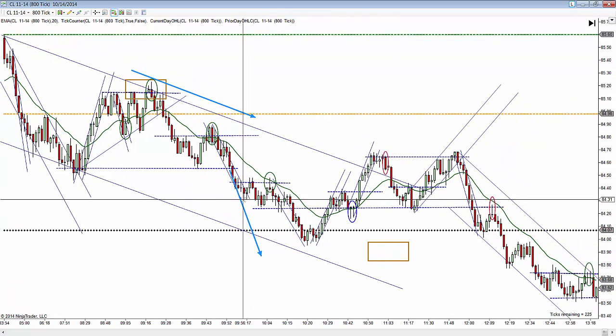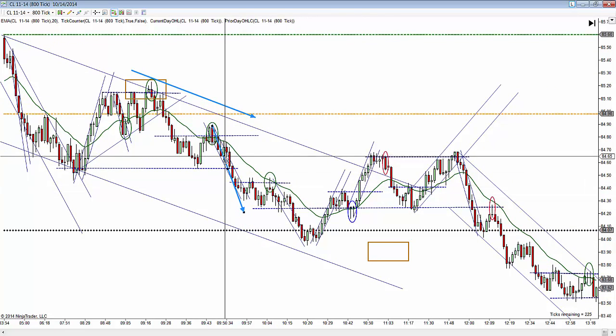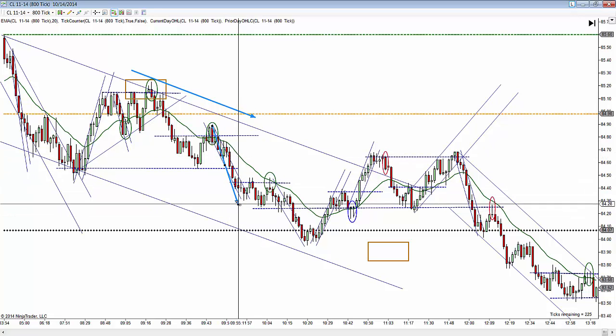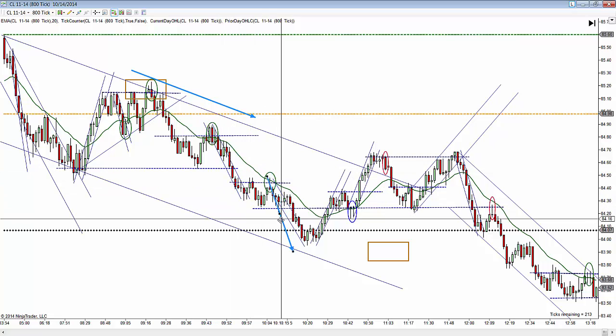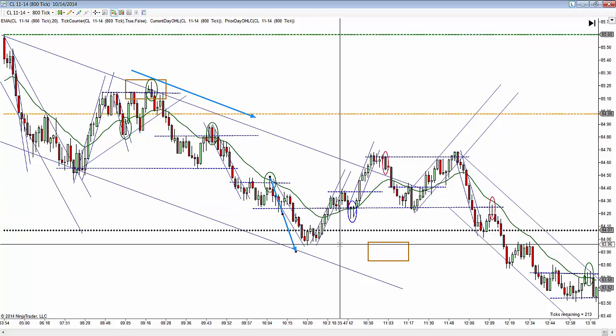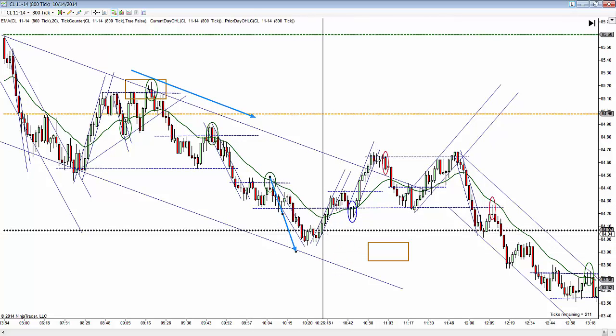Is there going to be another run? And the other side of it is that we've already had, if this is the bottom of that move, first pullback, second pullback, we're really right at the bottom of it, just by a couple of ticks. So you could have taken a long here.